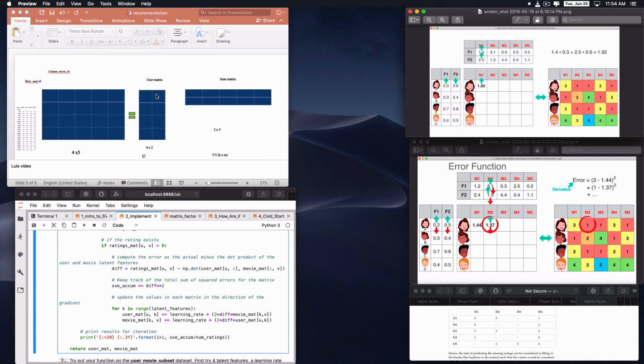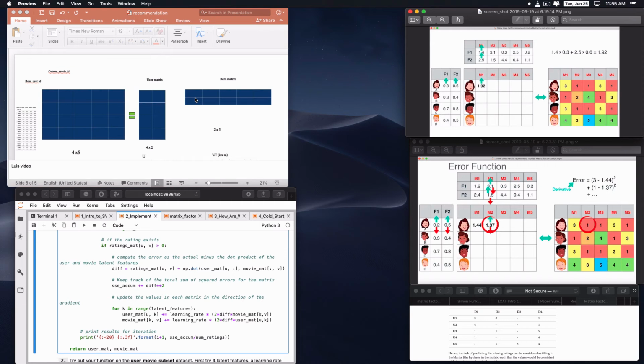And similarly, if we want to update this one, we'll do learning rate into 2 into difference into this movie matrix value. If we want to update this one, we will multiply learning rate into 2 into difference into this value. This is how we update this value